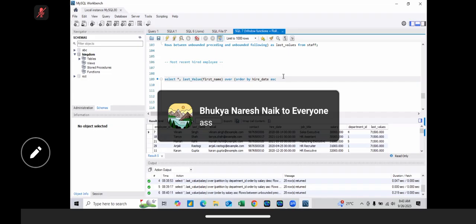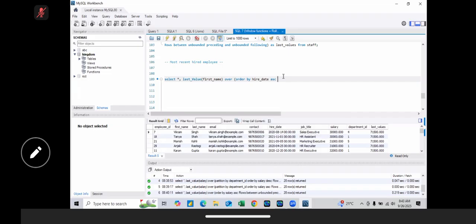Most recently hired. We are using last value and we want to get the most recently hired employee. That means that employee should be at the last record. So what will you write? Ascending order, right? Next, same, rows between unbounded preceding and unbounded following